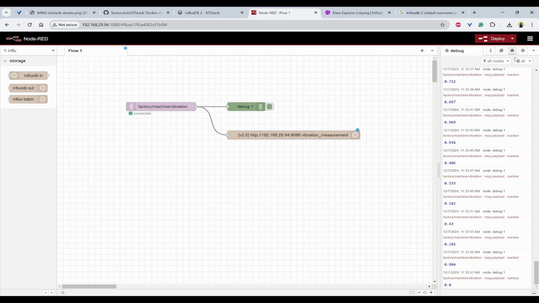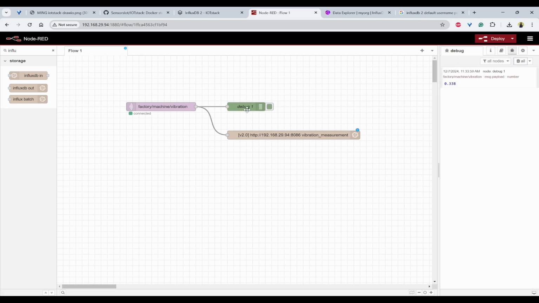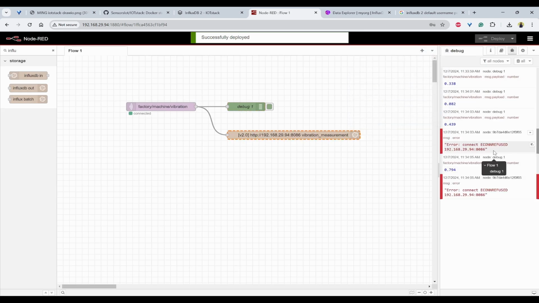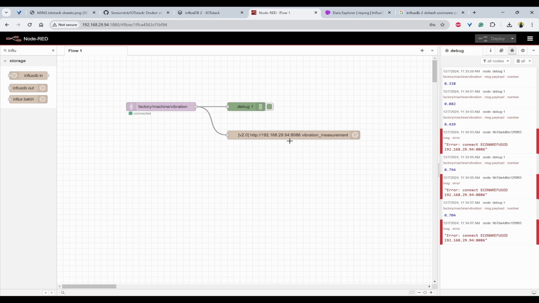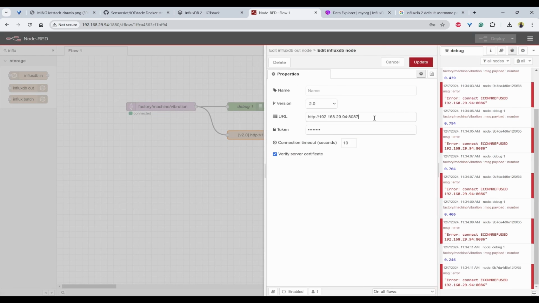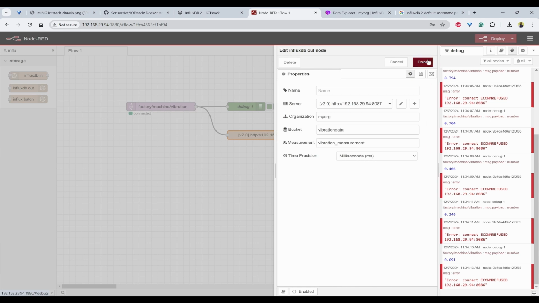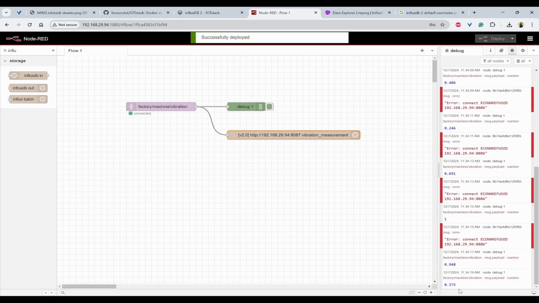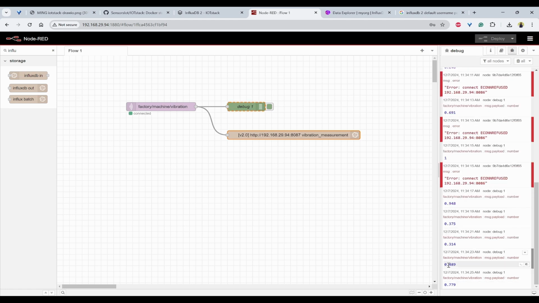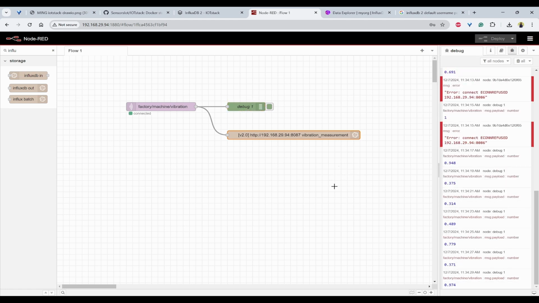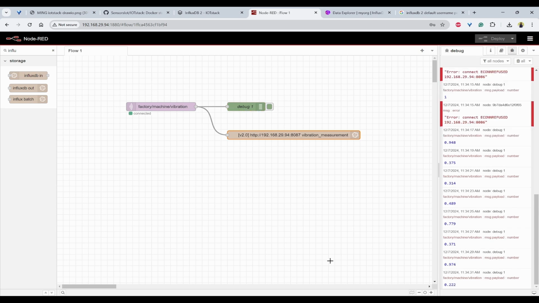Wire this up and I'll clear all of them. I'll click on deploy. So now it is showing that it is not able to connect. What I can do is edit this, use 8087 and click on deploy. Let's see now. I don't see any error. Just because the Docker has given 8087 internally to use, that's why I'm using 8087.